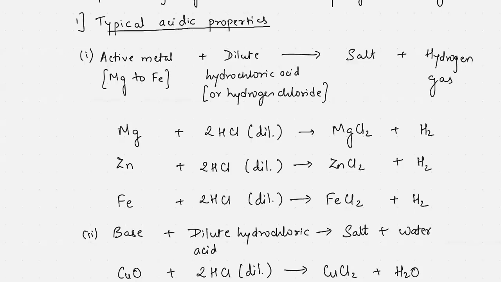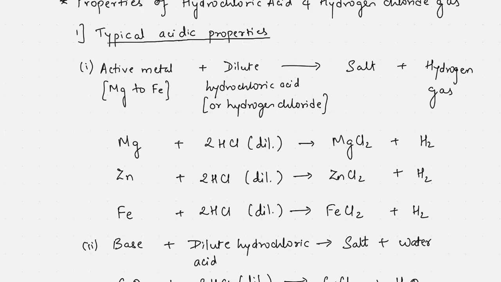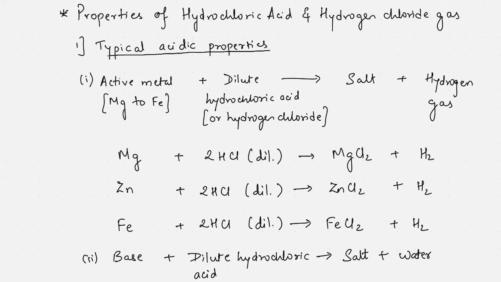Coming to properties of hydrochloric acid and hydrogen chloride gas. The first one is typical acidic properties. In typical acidic properties, it will be like metal plus dilute acid gives salt and hydrogen, or base plus dilute